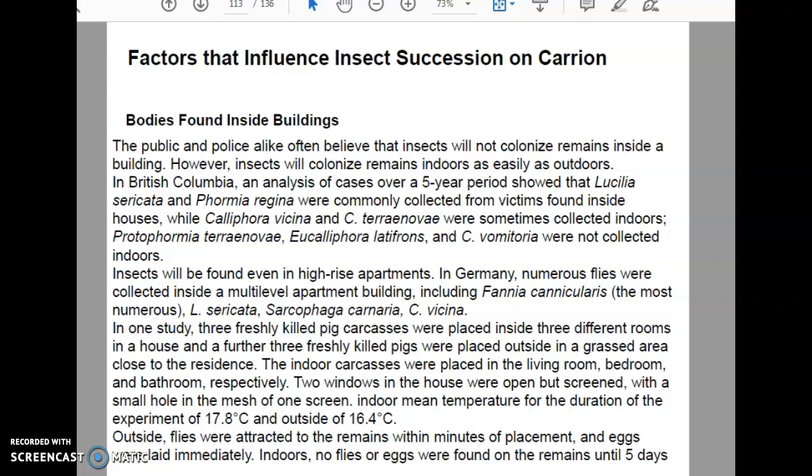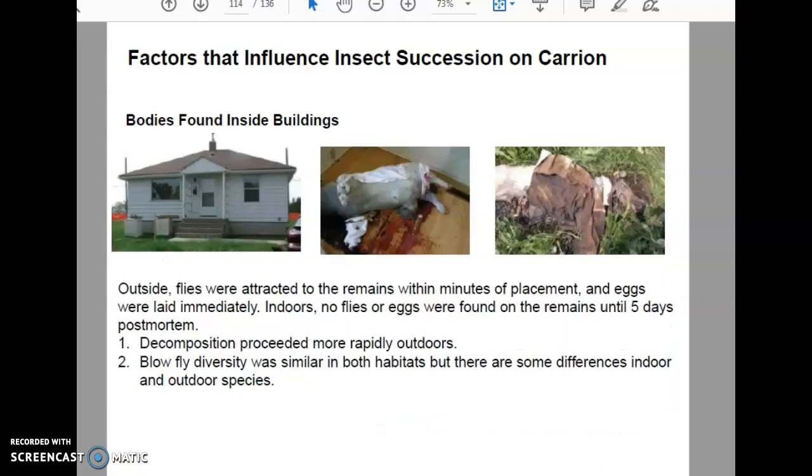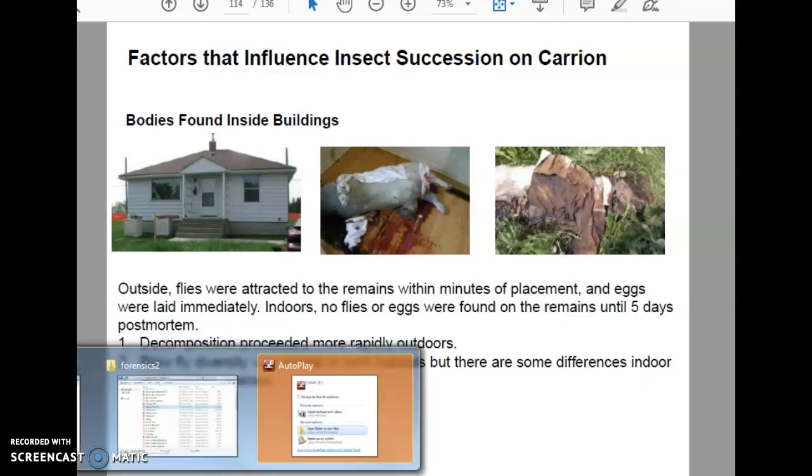Outside, the flies were attracted to the remains within minutes of placement, and eggs were laid immediately. Indoors, no flies or eggs were found on the remains until 5 days, but they got there. One thing they did find is decomposition would proceed more